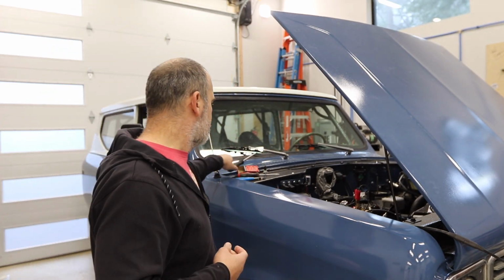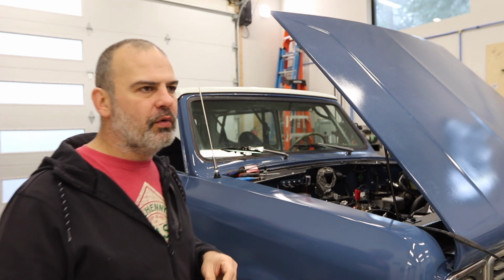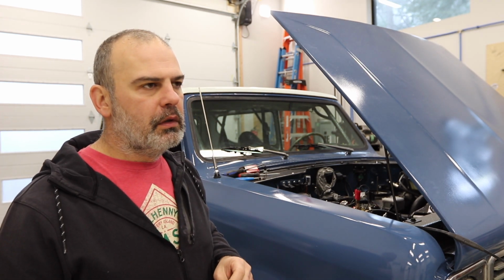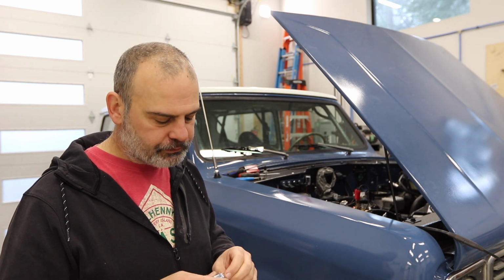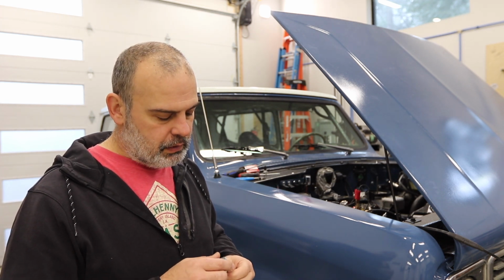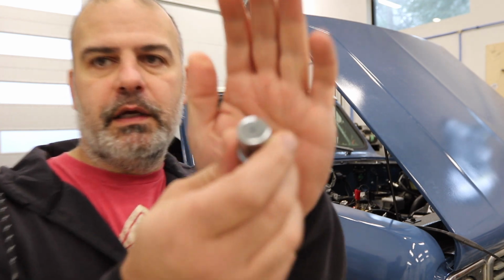So I started thinking, well, how is the IAC going to know what's going on, right? Because it's going to try to find an equilibrium, and then the vacuum will change, and then that'll change, and it'll just always be hunting for a variable that it can't control. So I looked it up, and Chevy started using in '05 these